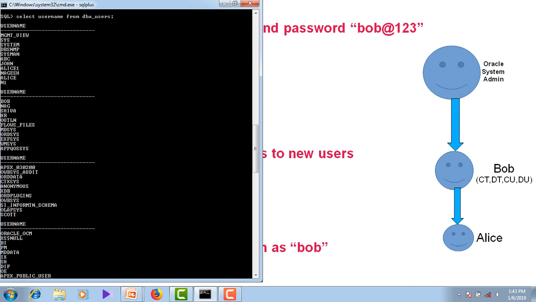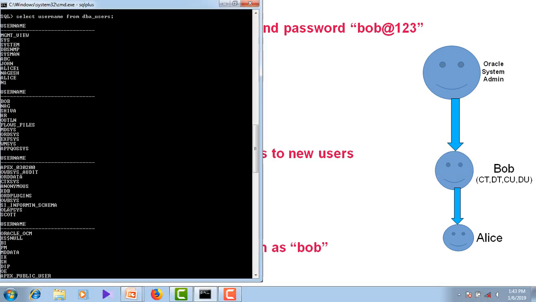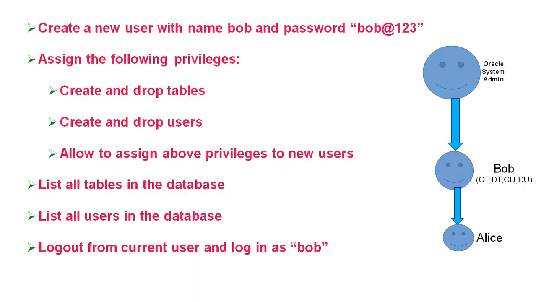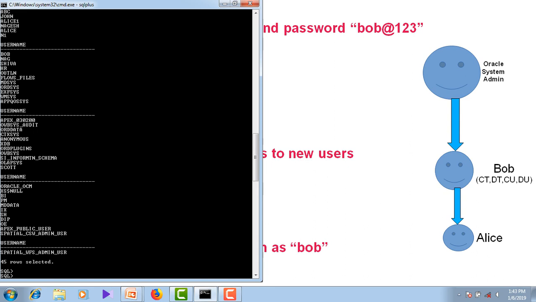As we can see, we have created Alice, Alice1 and Bob. Now, list all the tables in the database: select